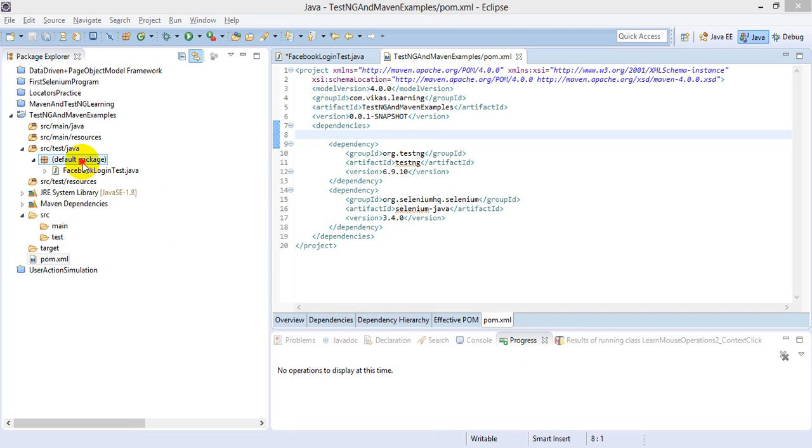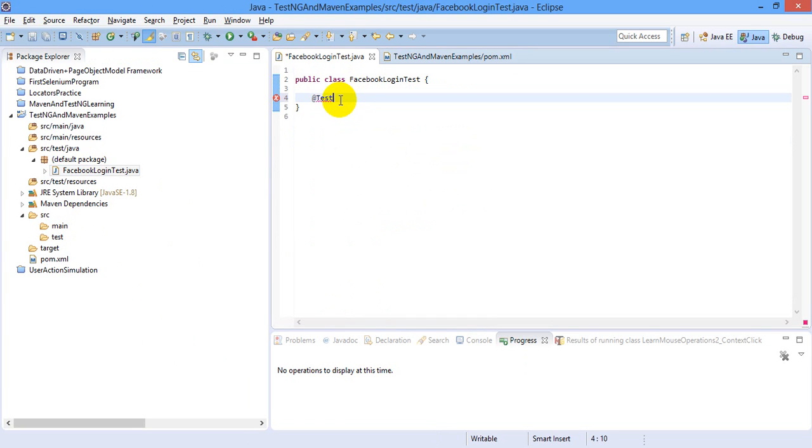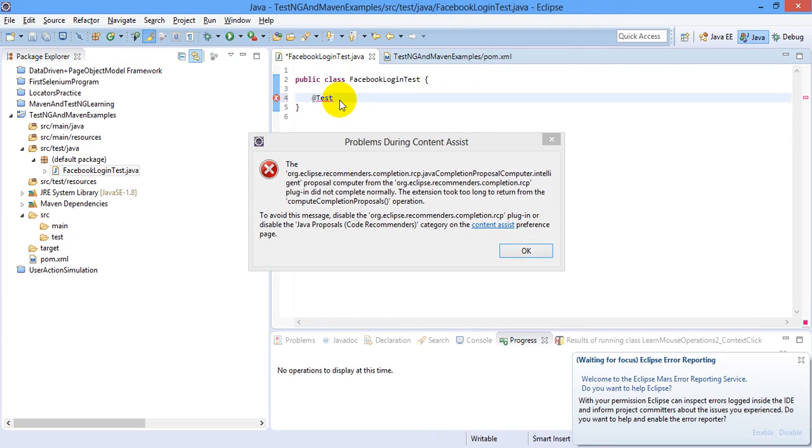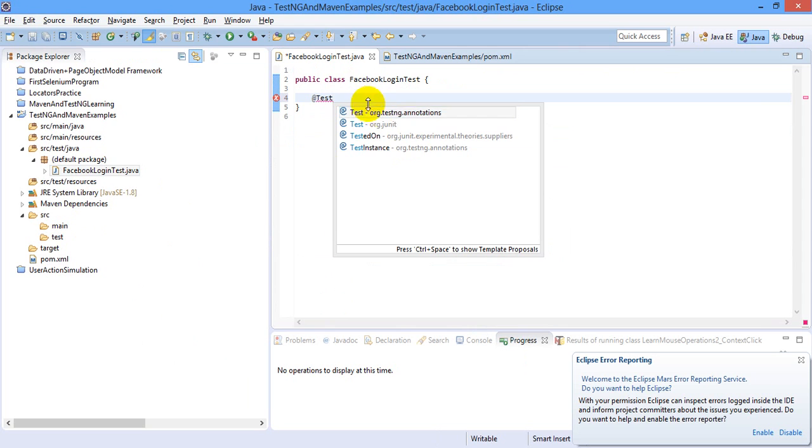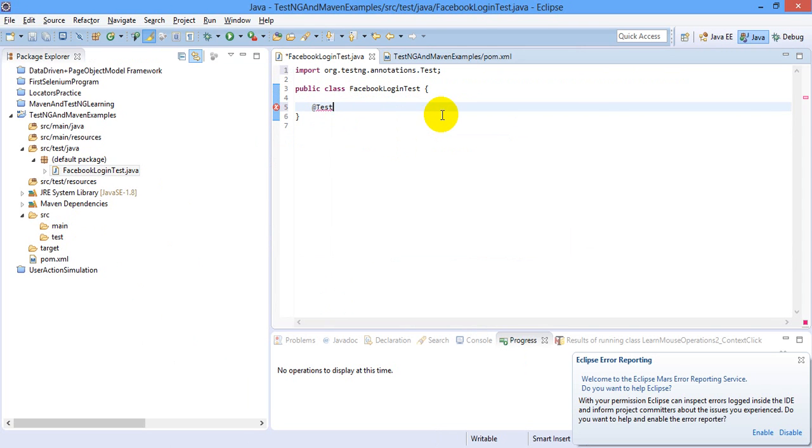All right, let's come back here. Now, the Facebook login page, login test I created. I have added the TestNG library. So by pressing Control Space, I should be able to see the org.testng.annotations package. Okay, it is coming now. org.testng.annotations, and then write